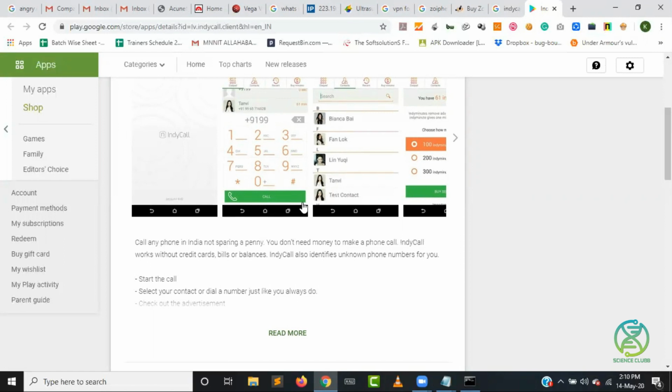If you're doing hacking, make sure you're buying a normal mobile phone, put this particular application in that, and use someone else's internet for using it. It does not require a SIM card. It requires an internet connection. That's all. So you can use anyone's internet connection and then perform the activity and then just throw your mobile phone. So you can download this IndieCall in your Android phone and then you can perform that.